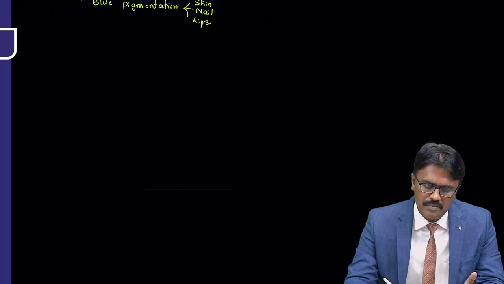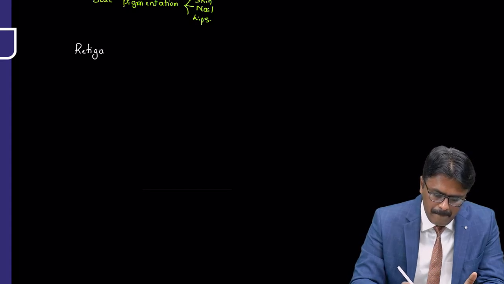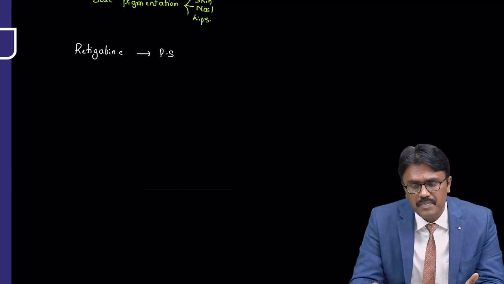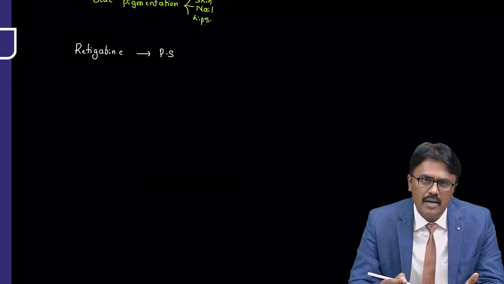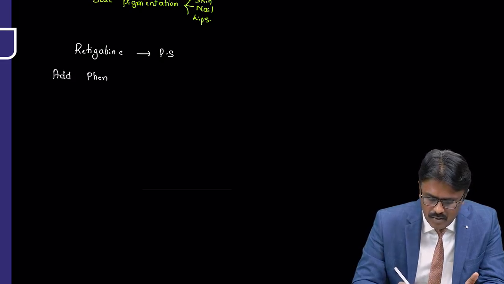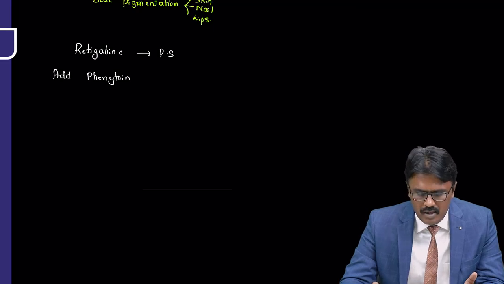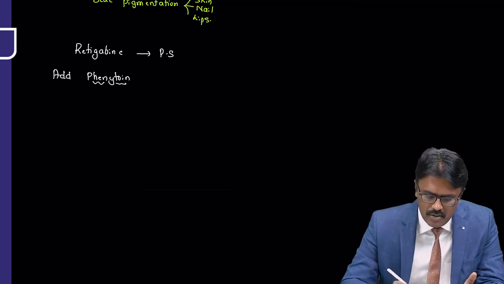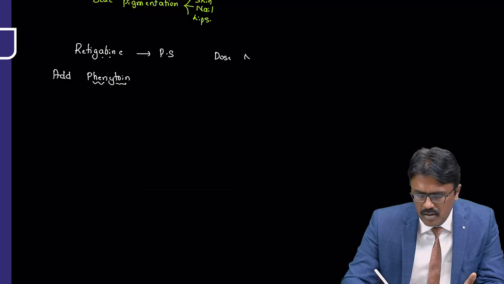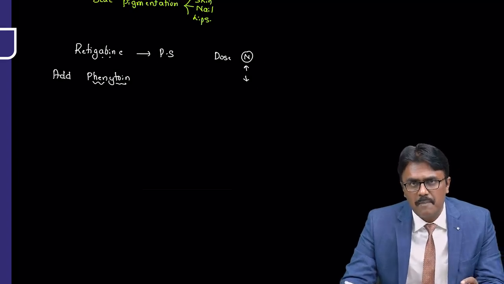Now one application I'll ask you. Suppose a patient is on retigabine for the condition called partial seizures. But even with that it is not getting controlled, and the doctor wants to add phenytoin to control the partial seizures. Now you have to tell me, when phenytoin is added, what should be the retigabine dosage? What should be the dose of retigabine: normal, increased or decreased? So pause this video and tell me the answer.